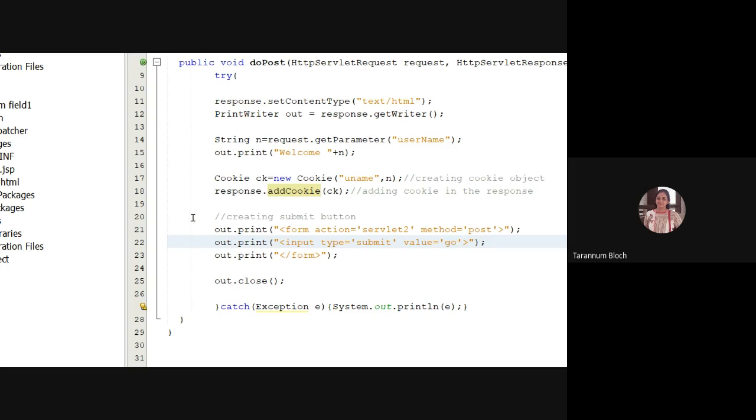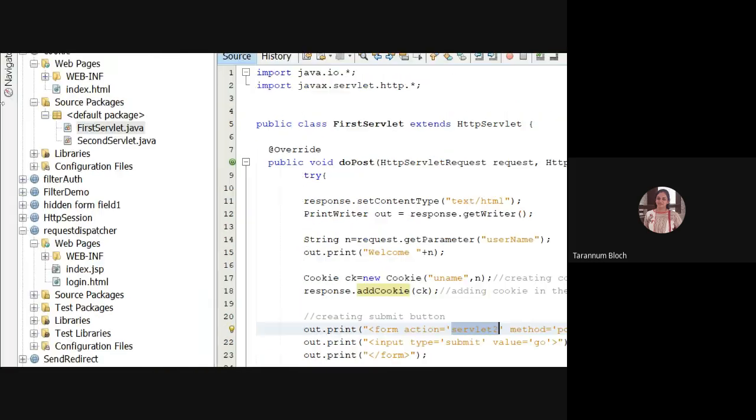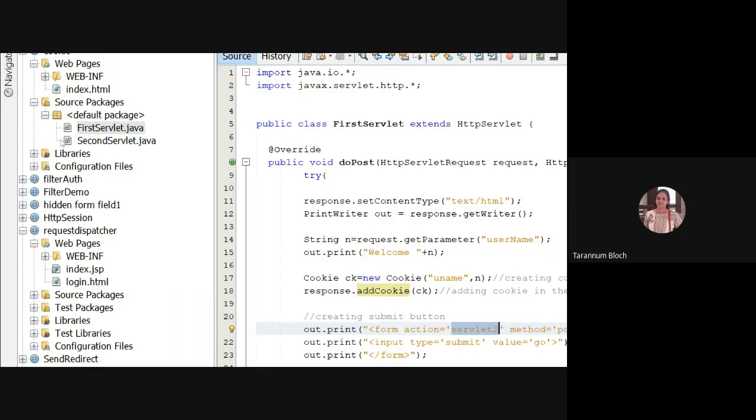So when the user will have welcome plus n, which is coming through request.getParameter, along with that, a cookie is also set in the browser. So next time when the user is clicking on go and goes to Servlet 2, this time the request is going along having the cookie also in it.